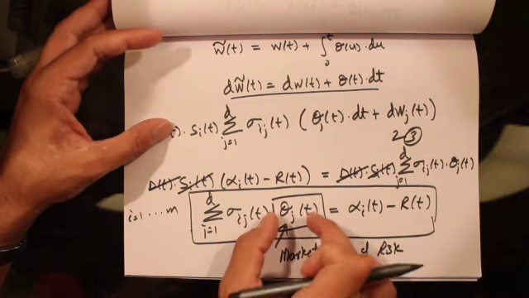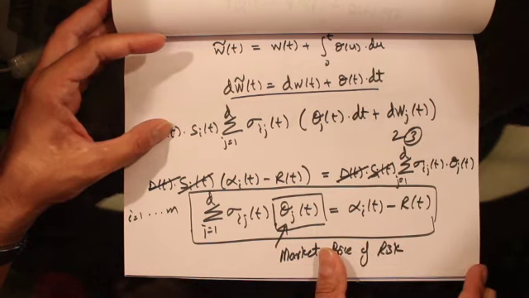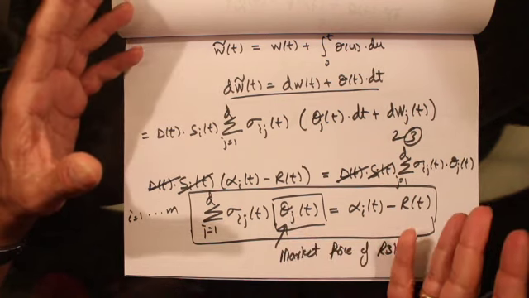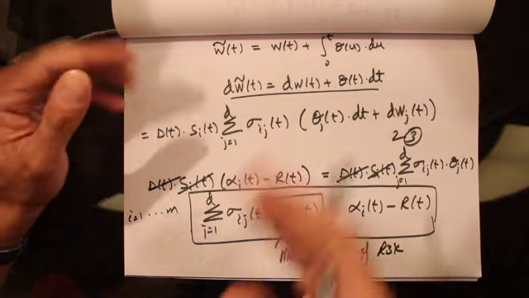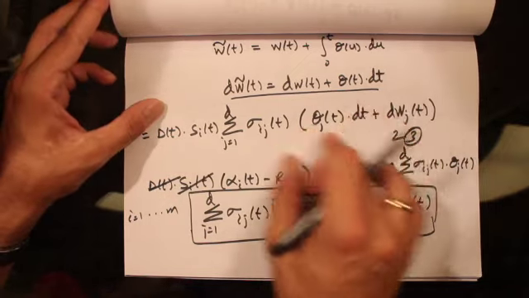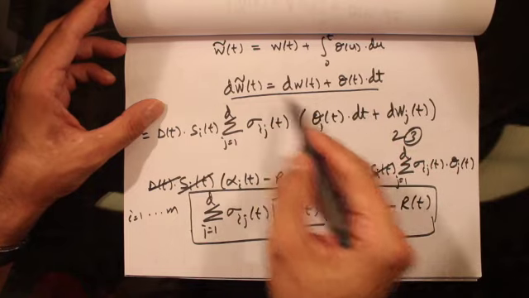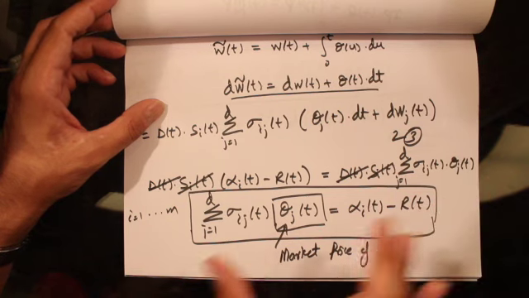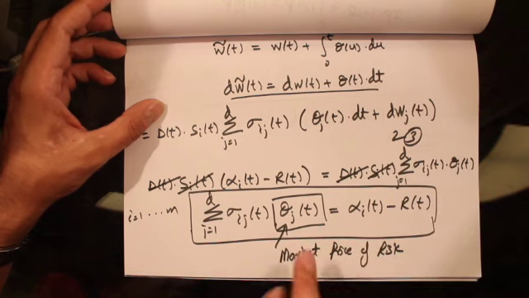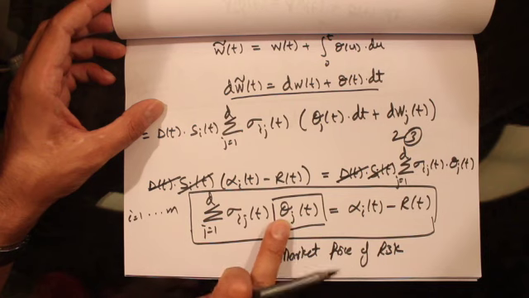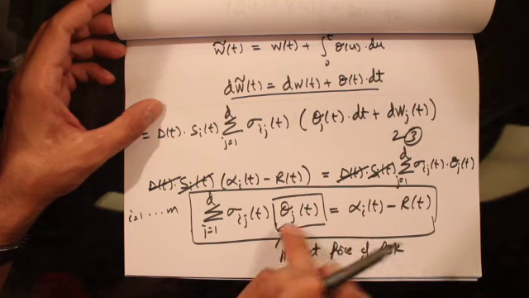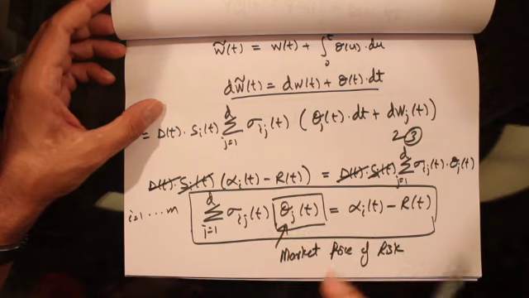If we can solve for the market price of risk process, if we can find out what this theta_j is, then we can define dW tilde of t as this, and then we can change the measure using Girsanov's theorem. So the critical thing to find a risk neutral measure is to find a solution for the market price of risk process. So we need to find this theta_j(t). If we can find theta_j(t), and if it's unique, then we say we have a